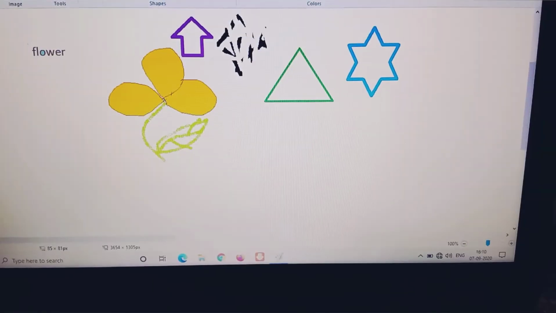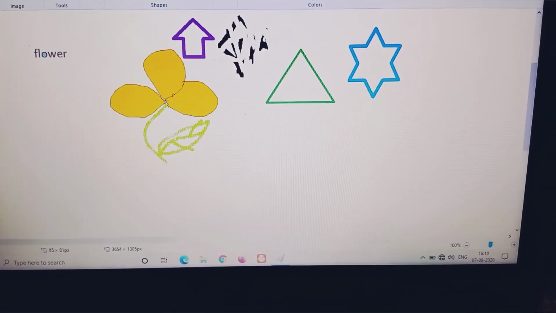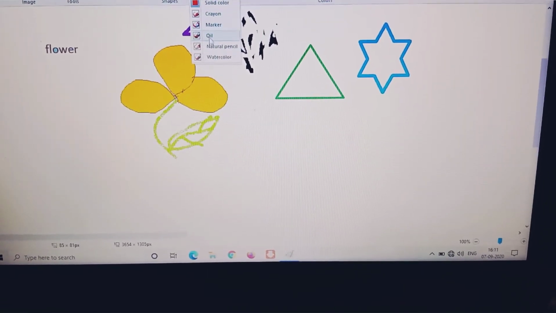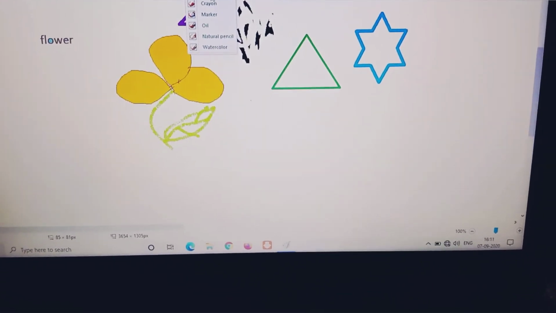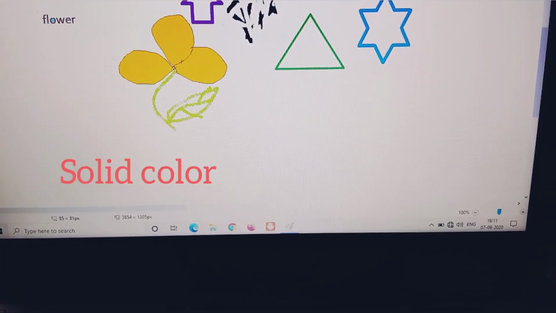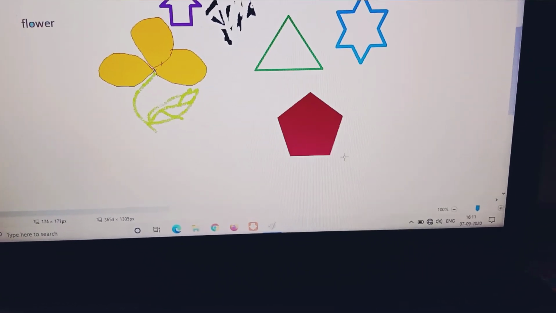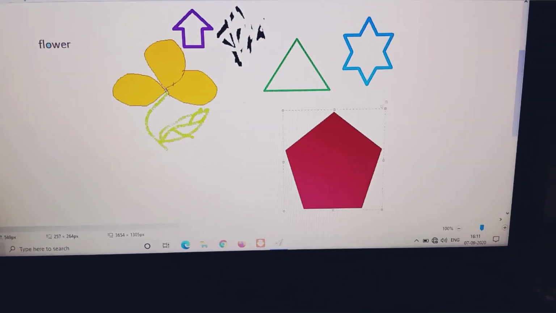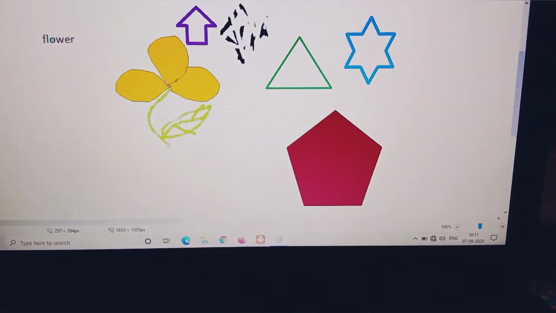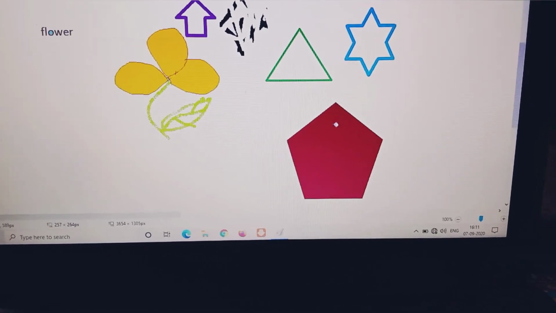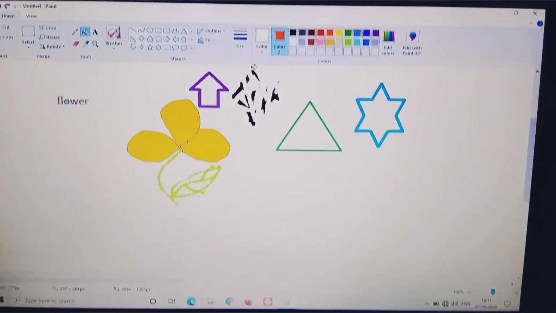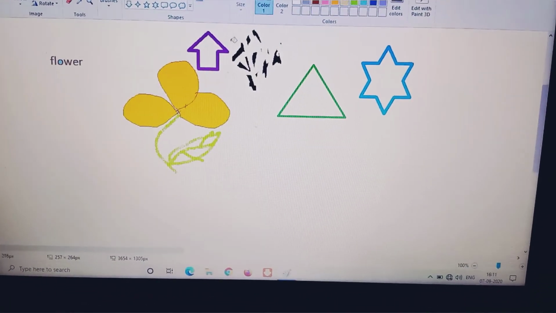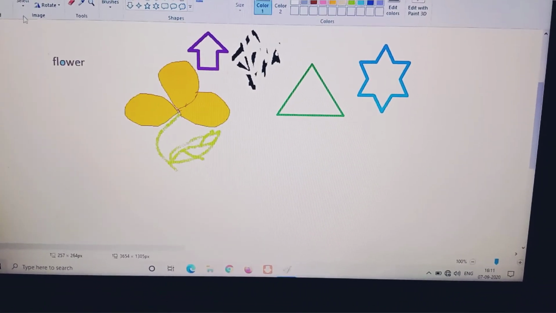Okay, suppose I select the brown one and I select the fill. Here you have to select what type of color you want. Suppose I select the solid color and I select the shape. Then when I draw, it comes with the filled shape. That means the picture is already filled with color. Okay, if I want to color it again, let's see what will happen. It does not work. Why? Because the color 1 is white color. Okay, always the paint software takes the color 1 as its default color.